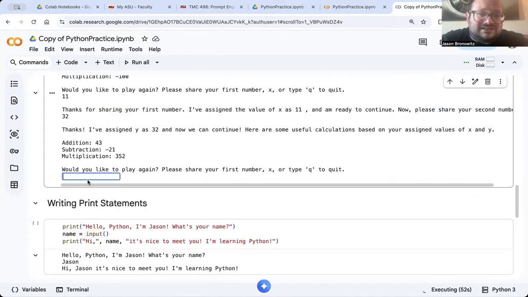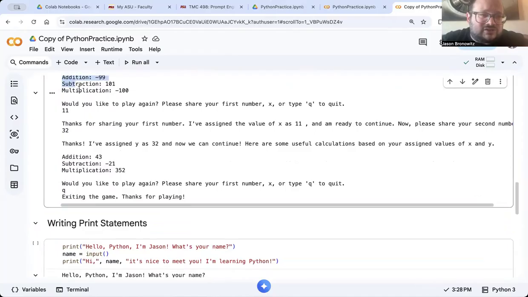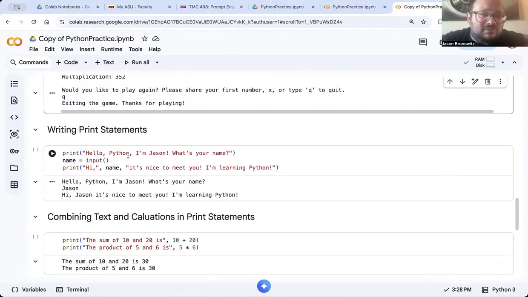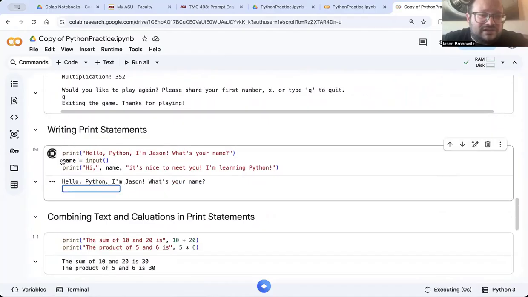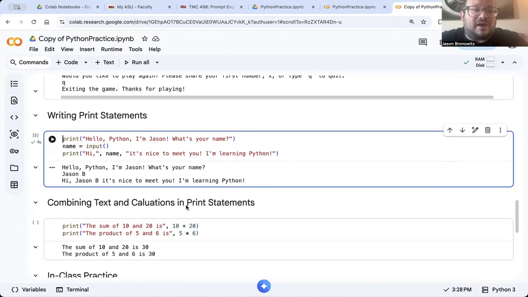And then once I type in the letter Q, it knows that it quits the game. We still have the transcript of all the things that we did here, but I quit the game and am able to move on. Let's run this little script. Hello, Python. I'm Jason. What's your name? So you can say whatever your name is. Let's just say Jason B. Hi, Jason B. It's nice to meet you. I'm learning Python. So again, another way to just see how we look at this basic input function,